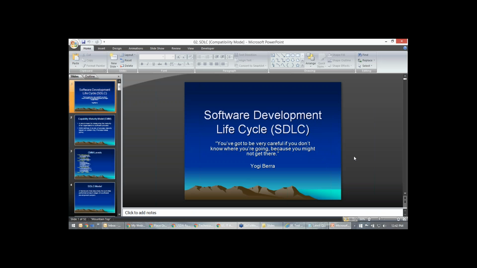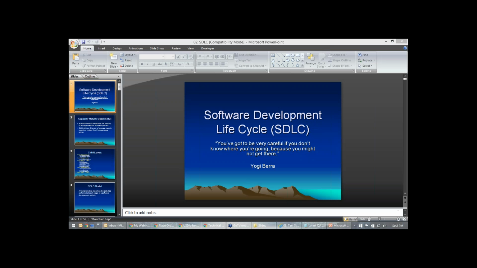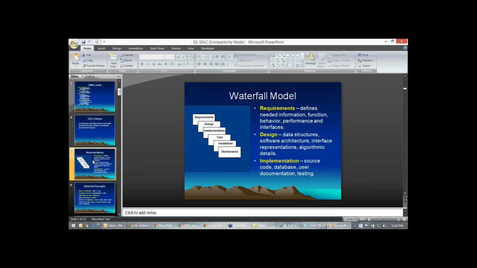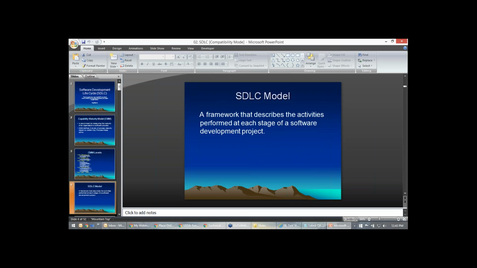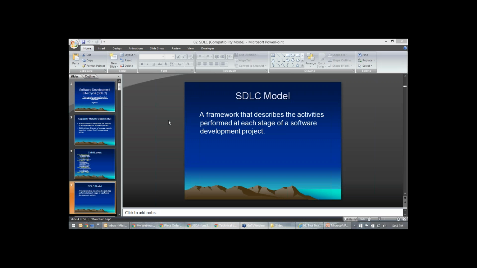Okay, so now let's go to SDLC. We can cover 3 to 4 slides today, and the remaining we can continue tomorrow. SDLC is software development life cycle.